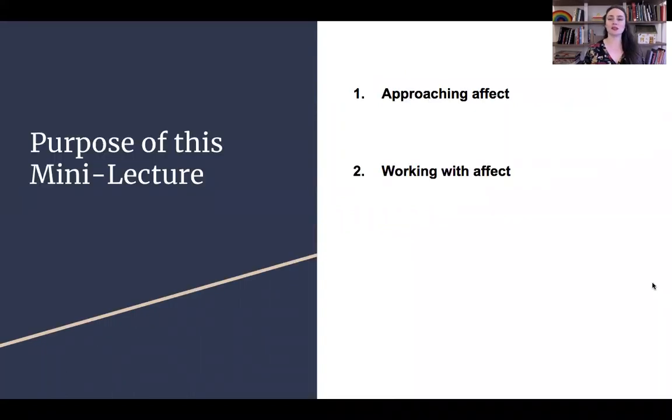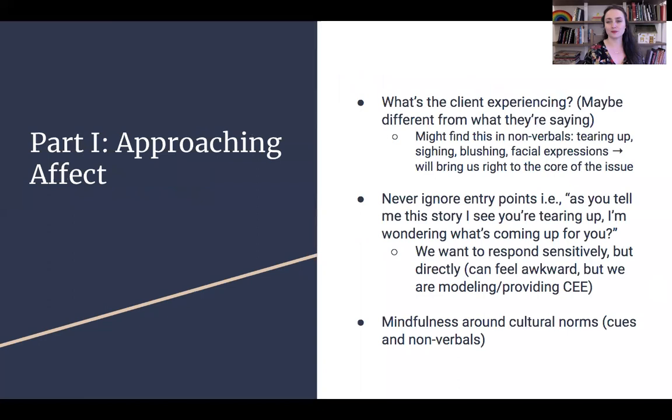So the purpose of this mini lecture is to discuss how we approach our clients' affect and then how we work with affect with our clients. So we always want to be exploring what the client is experiencing. And this may be different from what they're telling us that they're experiencing. We never want to ignore entry points. We really want to use that as an opportunity to start exploring with our clients. We want to do this sensitively but directly, and this can feel awkward. We're not used to doing this in the real world, but this is part of us modeling and providing that